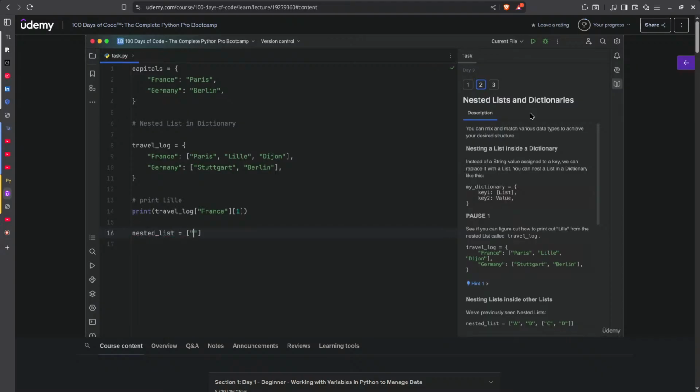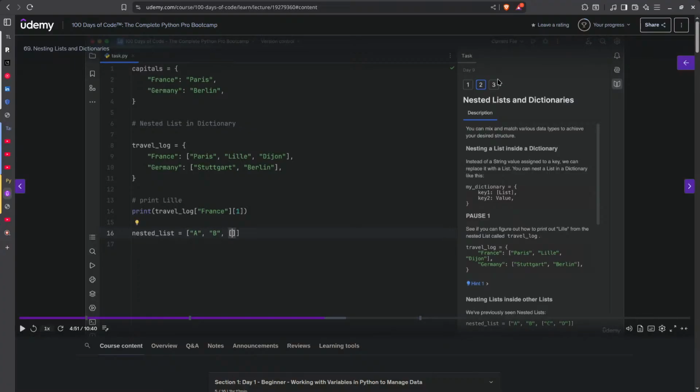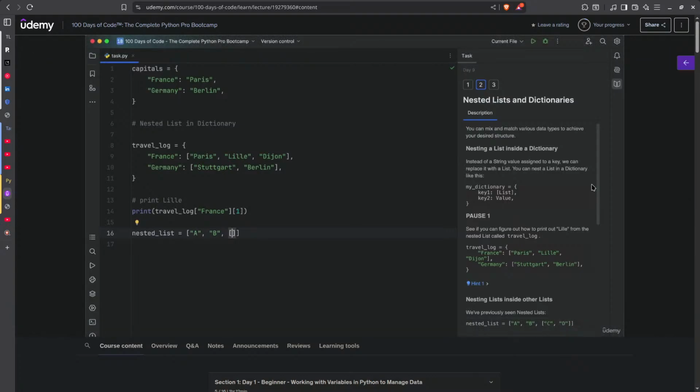So for example, if I had a list that had the letters A and B, I can nest a list inside there. At the index 2, so 0, 1, 2, the third item in this list is another list,